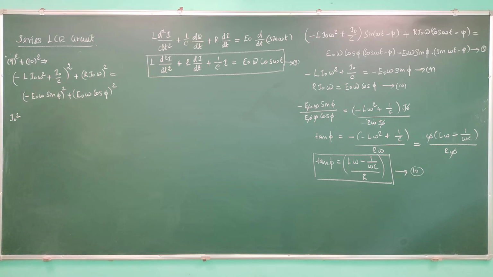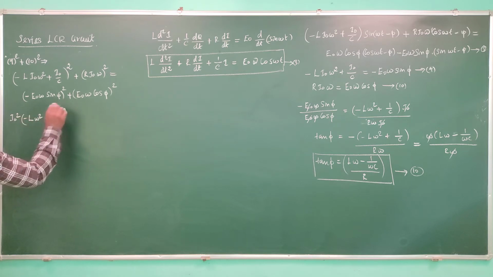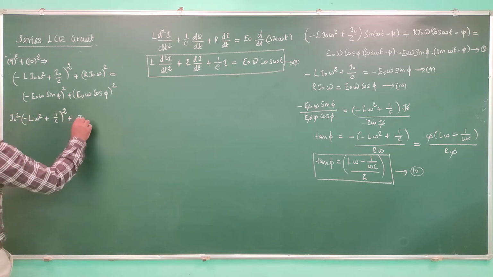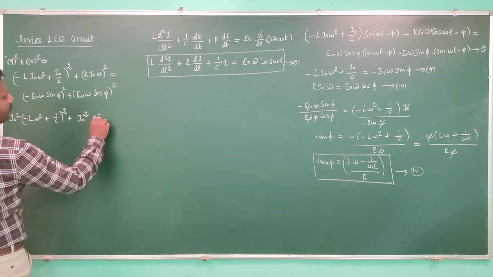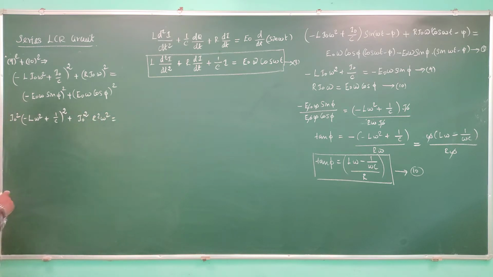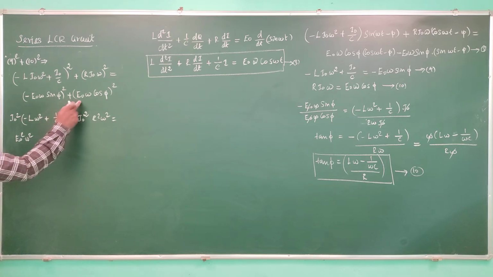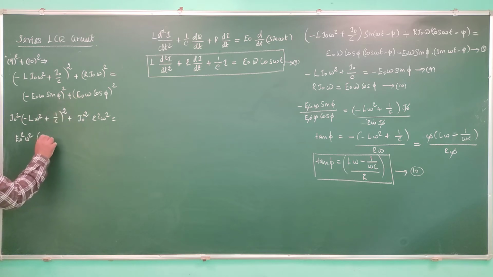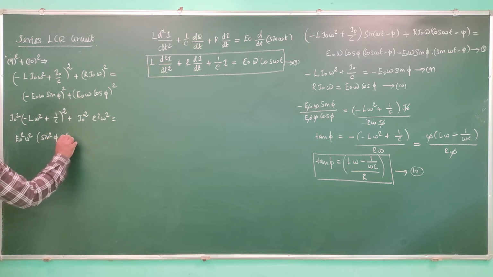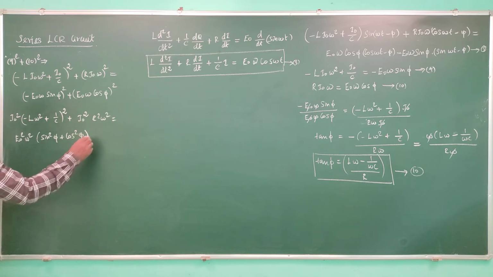So I naught square into minus L omega square plus 1 by C the whole square, plus I naught square r square omega square, that is equal to, here E naught square omega square, here also E naught square omega square, so we can take sin square phi plus cos square phi. Okay,